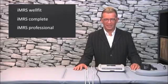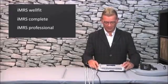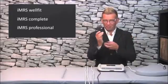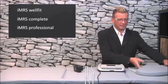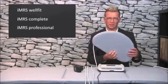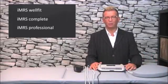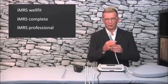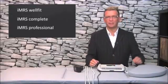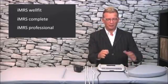unpack your box. The iMRS well-fit comes with the following items: the control unit, an SD card, a power plug, and the pillow applicator. These are the items which are delivered within our iMRS well-fit. For the complete model and the professional model, we in addition deliver the probe applicator. The other differences between well-fit, complete, and professional are stored on the SD card, so there are no additional items